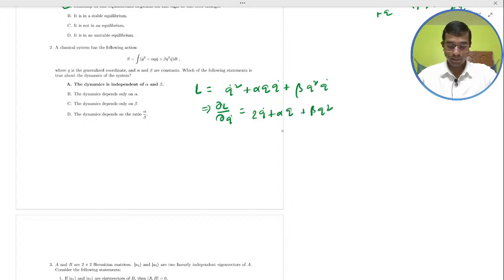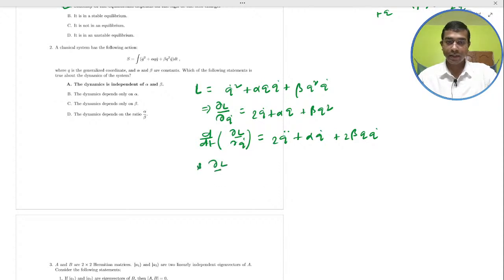Okay. Now the time derivative d/dt of del L del q dot will become twice q double dot plus alpha q dot plus twice beta q dot. Okay, and del L del q will become alpha q dot plus twice beta q dot. Okay,